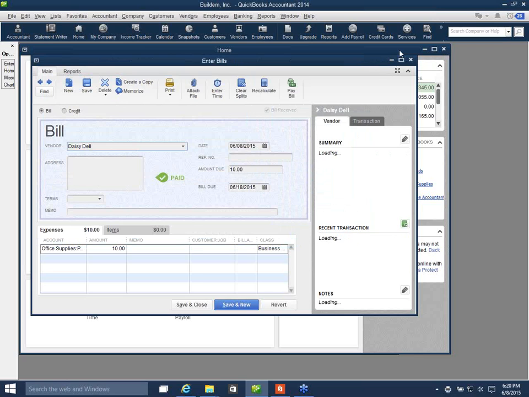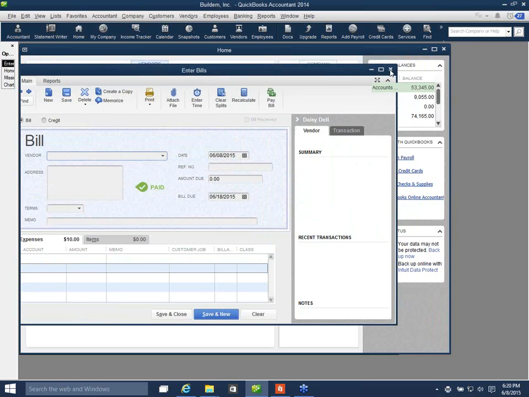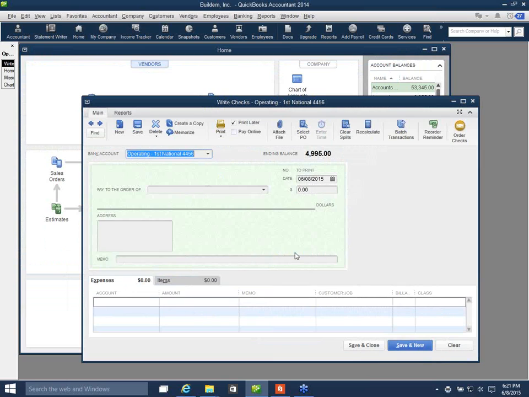Excuse me, we are going to go to writing a check, and that's where our choice is to either print or print later. So next what we're going to do is, those are the 3 steps of entering, paying, and printing a check. So those are the 3 steps of accounts payable. But if we're not going to track it in accounts payable, you can just write the check. So we're going to write a check to